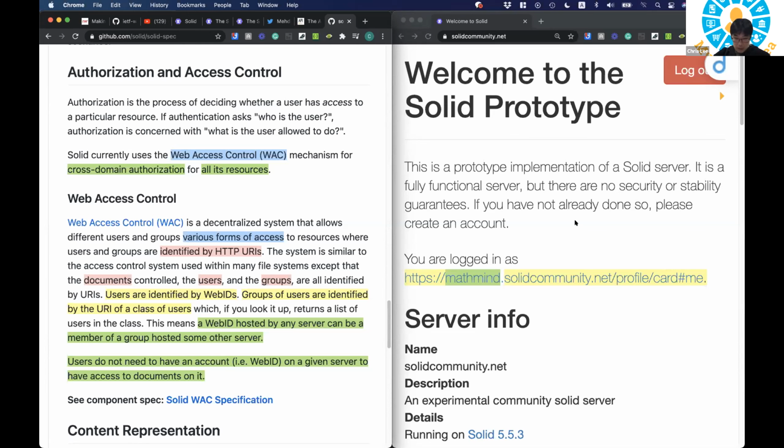Thank you. So before I go back to Mehdi, I did have some questions that were requested of me to ask. So what made you choose Solid from the beginning?